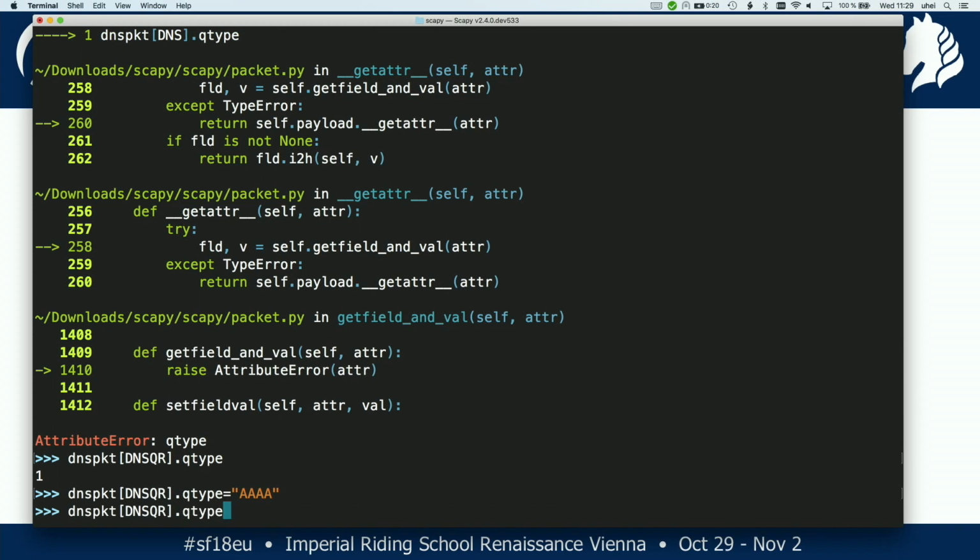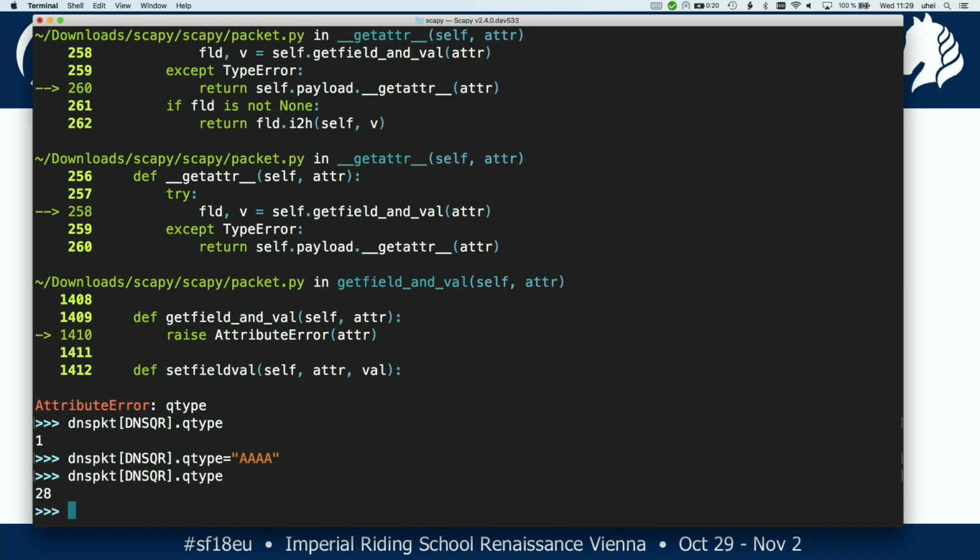but we can override it and put in AAAA. Now we have the 28, so that's the decimal value for a DNS AAAA query. It's a hint for the packet challenge, I guess. Sorry, is it better now? Yeah. Okay, so we can modify values